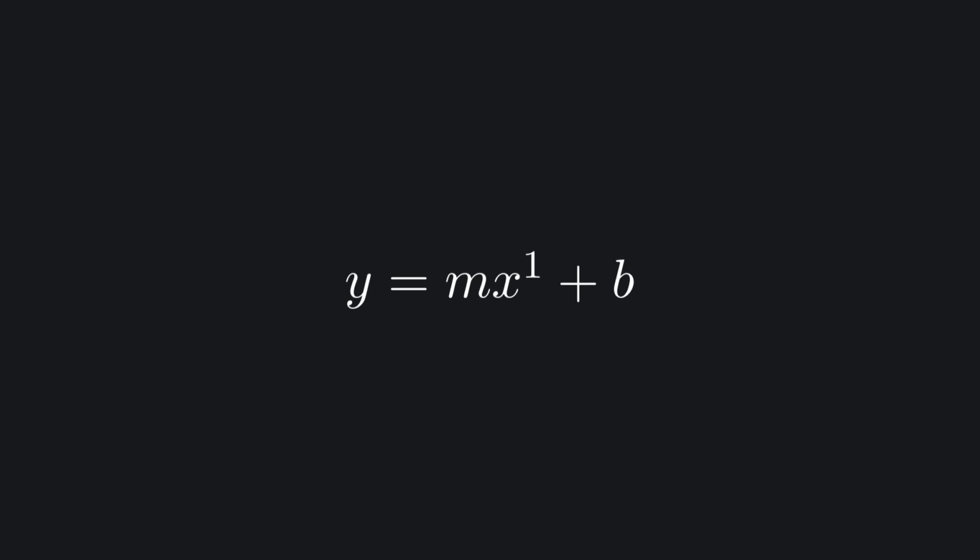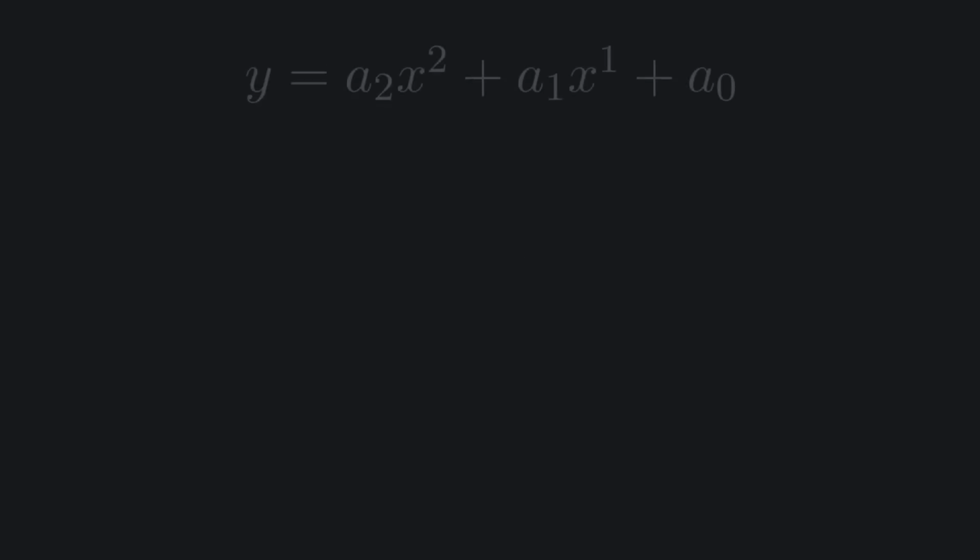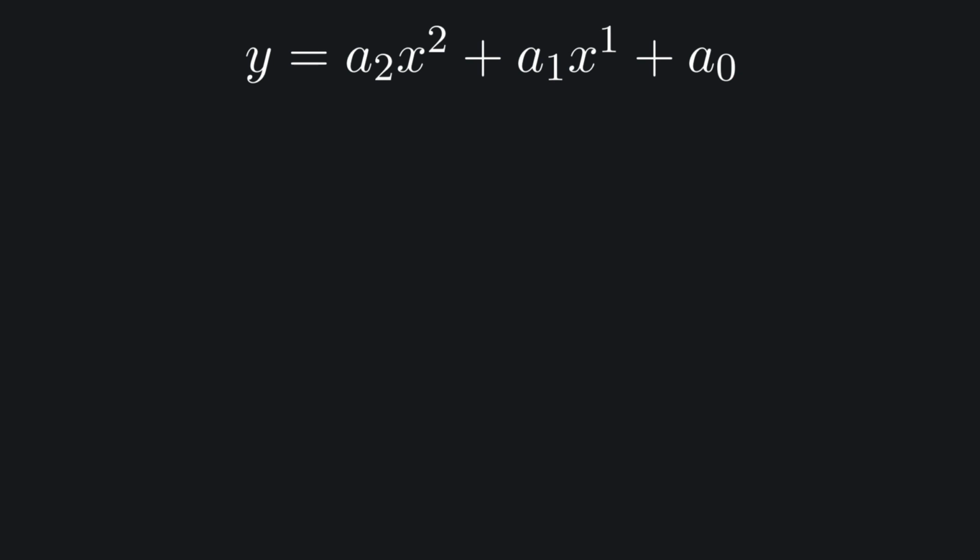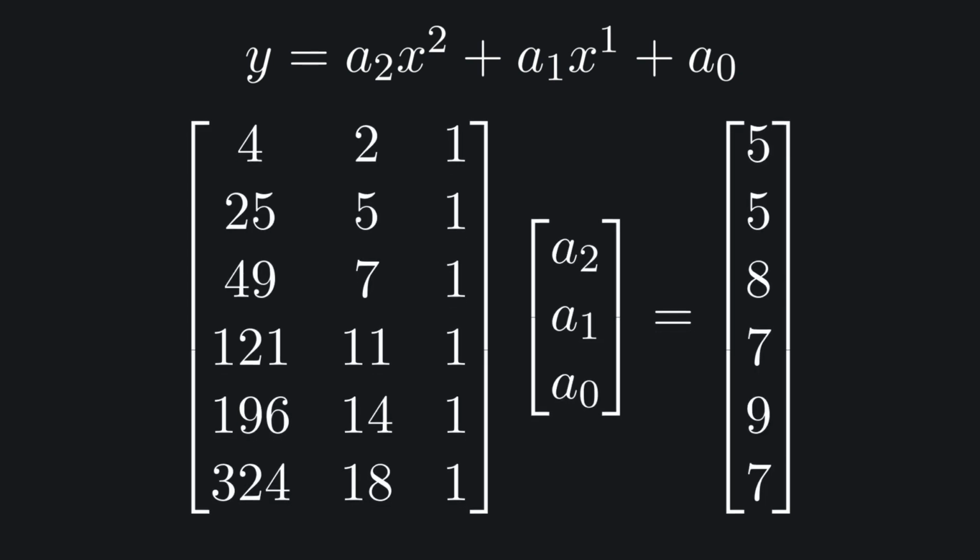In the example, we picked a line for regression. But what if we thought that a quadratic function, a parabola curve, could be best? In that case, for the quadratic curve y equals a2x squared plus a1x plus a0, the matrix A and the vector B for the AV equals B equation could look like this. Notice that the first column in the matrix is simply the same value as the second column, but squared. The second column, as a reminder, is the value of our variable x for each of the input data points.